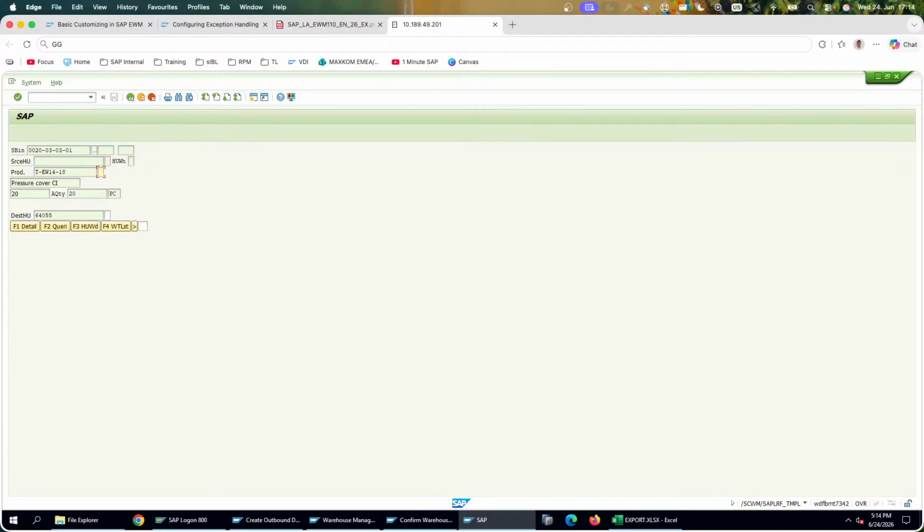Source unit is the same. The product, okay, I'm giving the product again, and the destination handling unit is 64055. Click on enter, and here I have the actual unit, the destination bin. All right, it means that